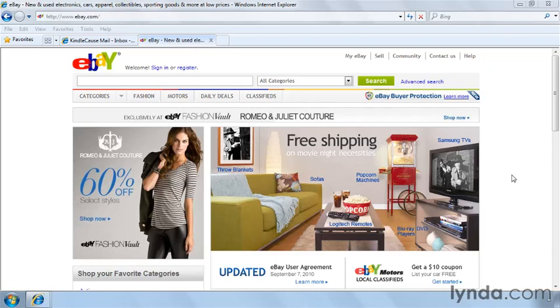In order to sell on the eBay website, you'll need an account so that you can be identified by other users and eBay's staff. This account will permit you to both buy and sell. However, in order to sell on eBay, you'll need to provide some additional information so that eBay can ensure you're a trustworthy seller, as well as setting up a method of payment for your eBay seller fees. We'll talk more about eBay's fees later in the course, but in this movie, we'll focus on getting registered as